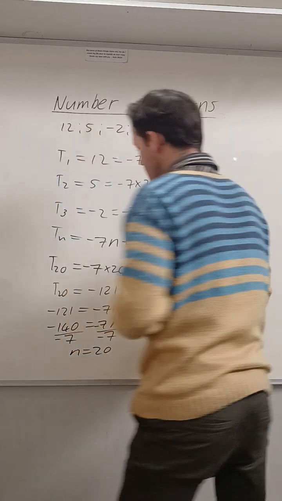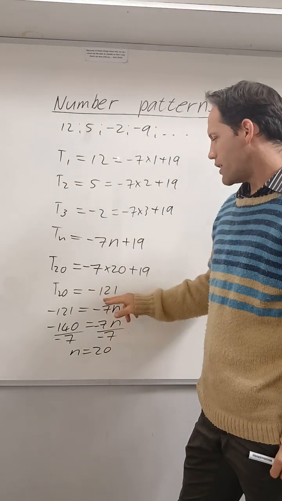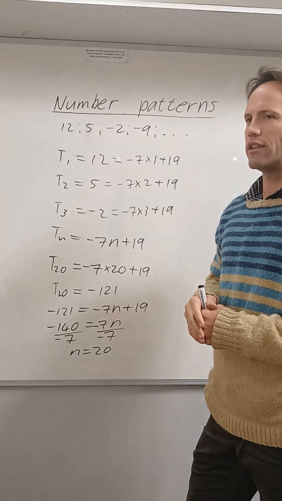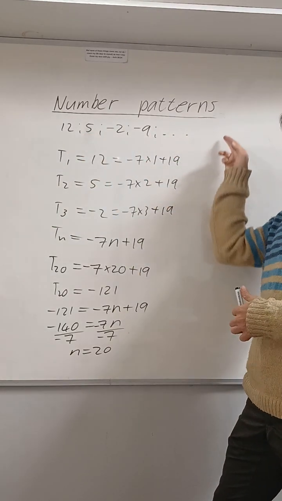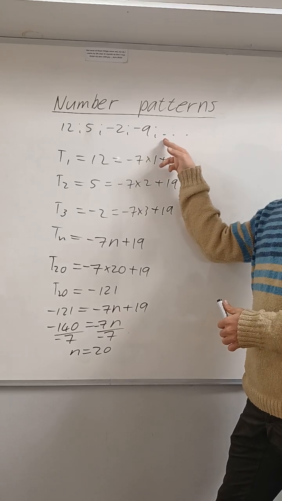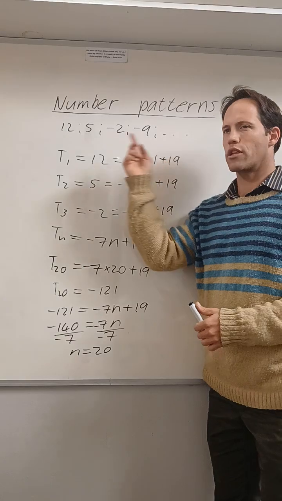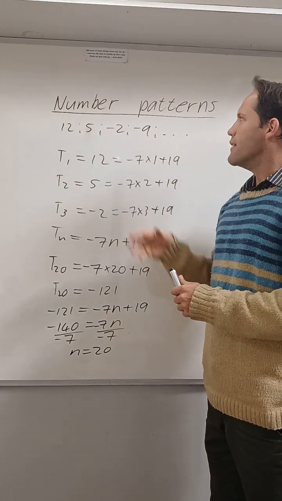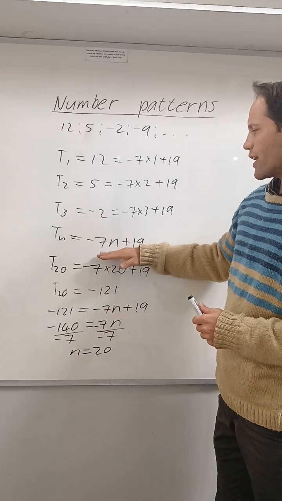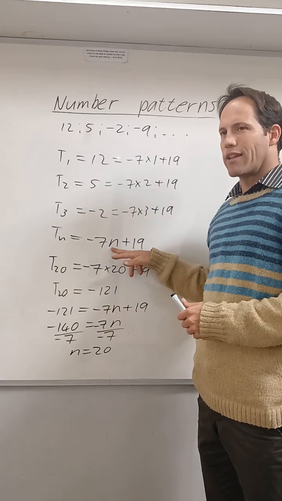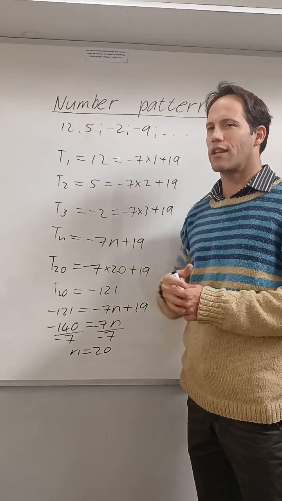So that means I can see both ways that the 20th term will be equal to negative 121. Okay, and that's the idea of number patterns. You want to predict what's coming next. And not just the 5th term or the 6th term. You want to know how to find the 20th term or the 100th term or the 1000th term. That's why we want the number patterns as a general rule, so that we can figure out how to find the number of any pattern. The 20th term of the pattern, the 50th term, and any other one. Okay.